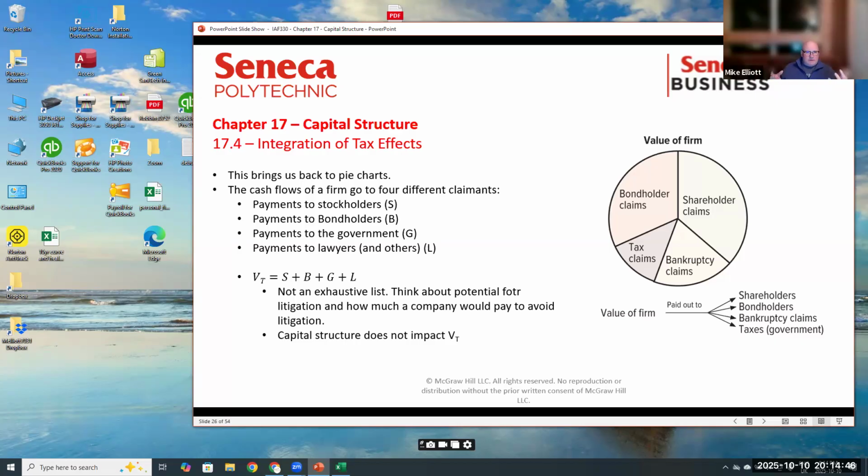We have tax claims. We have bankruptcy claims. We have ancillary claims. Now, it's not an exhaustive list, but really what we're saying is we have payments that we have to make to our stockholders to keep them happy. We have payments that we're obligated to make to our bondholders, not necessarily to keep them happy, but because we're obligated to make them. And then we have two other groups. The government always wants their piece of the pie. So they're for sure standing out with their hands held out. But then we have the other guys, the stuff that results in a lot of these financial distress claims, legal costs, administrative costs, all the other stuff associated with that.